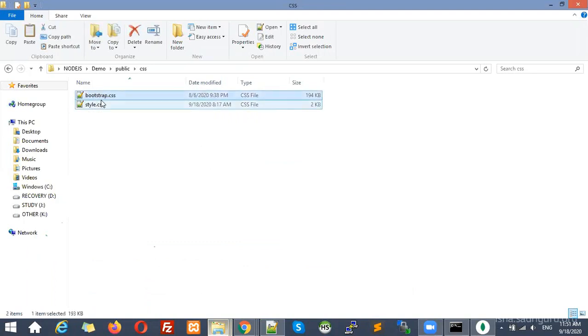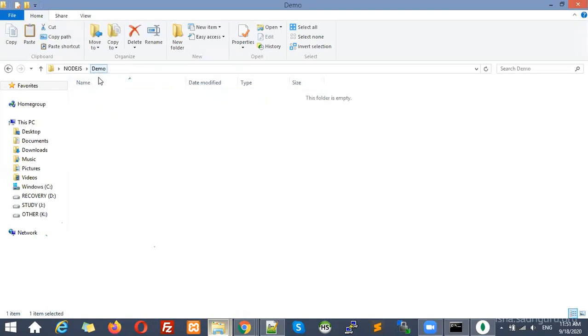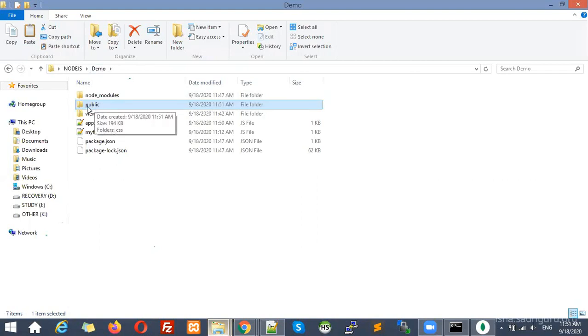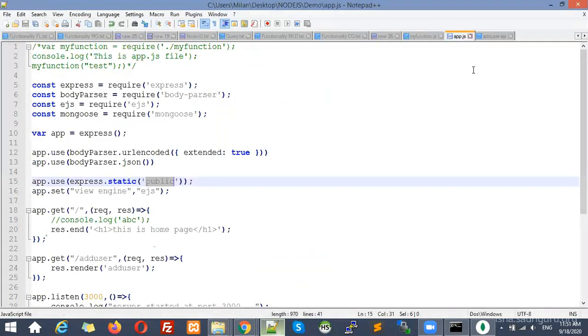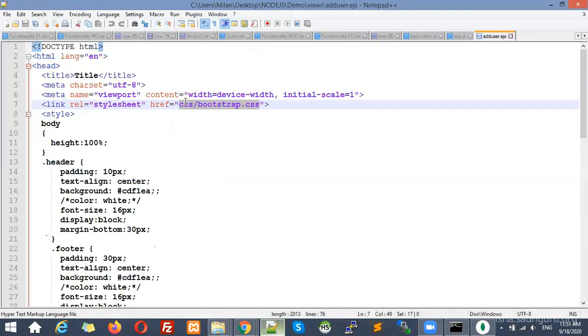And here you can see the Bootstrap file is there. Inside the CSS folder there is a Bootstrap folder, but this CSS folder is available inside which folder? The public folder. So public CSS and then bootstrap.css. But in HTML here you don't need to mention the public folder, right? Because you have directly pointed that this folder is the public, you can directly use it. So you can just write CSS bootstrap.